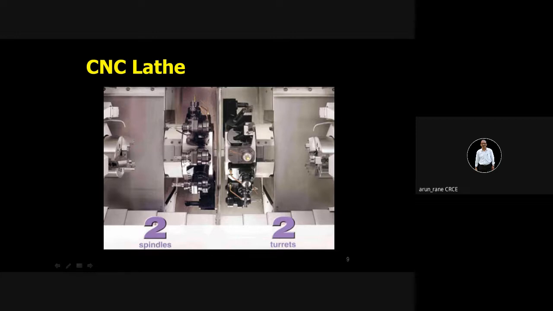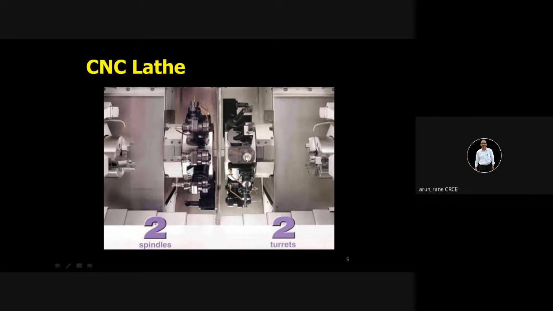As I told, if you are not doing bar work or hollow spindle work, the moment the work is completed in the first setting, there will be a robot or a metal handling device which catches this workpiece and puts it in this spindle for doing the work of the second setting.